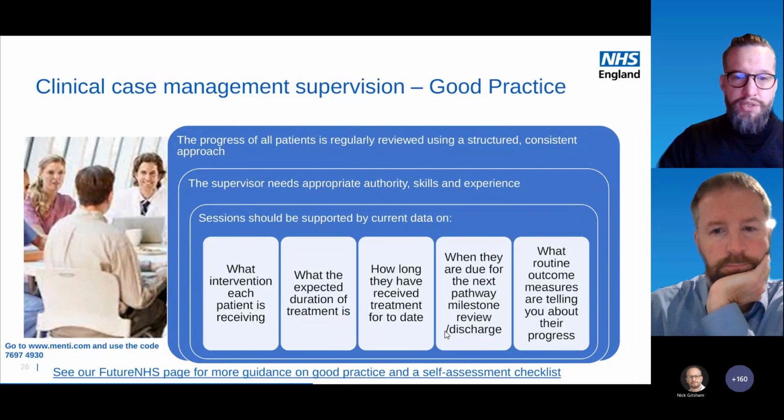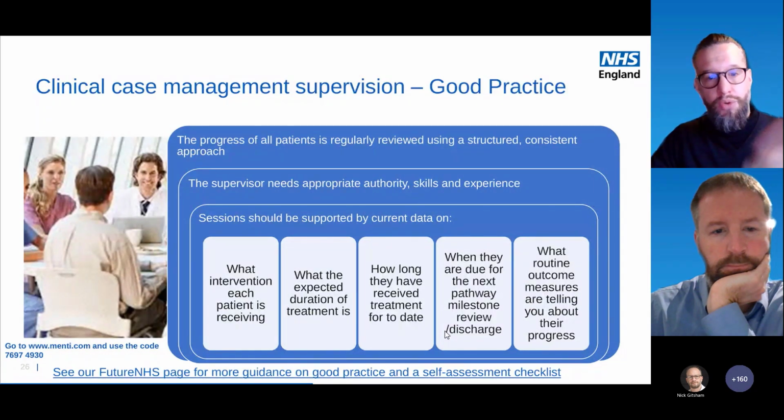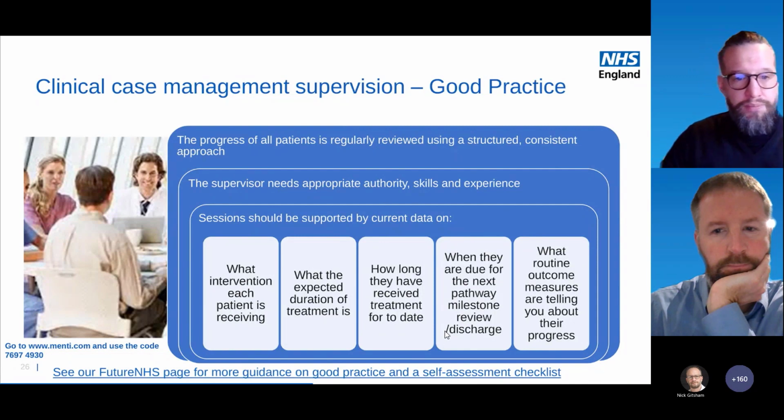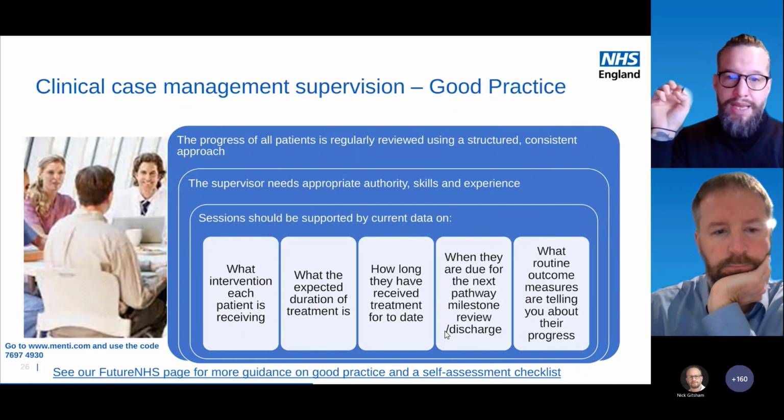Specific purposeful treatment interventions to be taken before the next supervision to support the patient to make those steps towards discharge must be agreed and documented at every session, and progress against the actions agreed at the last session also needs to be reviewed at each session. So these sessions should be supported by current data on what the patient is getting versus what they're expected to, as is described in the little blocks on the slides. And this is best presented using a visual dashboard that's driven by the EPR, but it can be manually captured in Microsoft Office software if you don't have the digital support currently in place to do that.